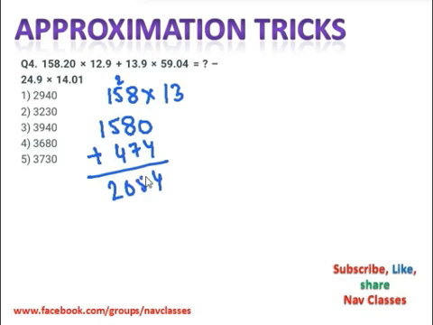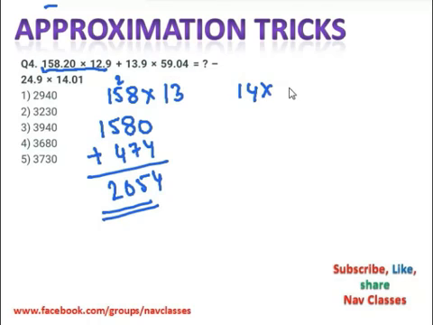Then your total answer is 2054. How do we get it? We multiply it with 10 and then we multiply it with 3, and we get the multiplication of 13. So this is the trick. I hope you are understanding all things. And then see, the question says we are going to add 13.9 in it. See, the question is of approximation and we solved this much, and the next part is we can take it as 14